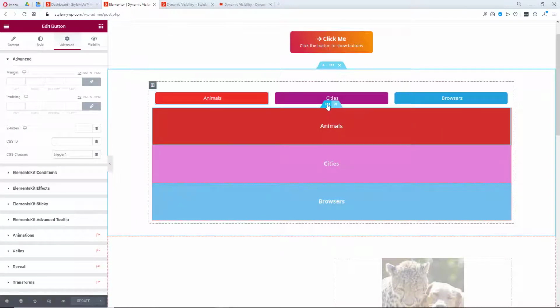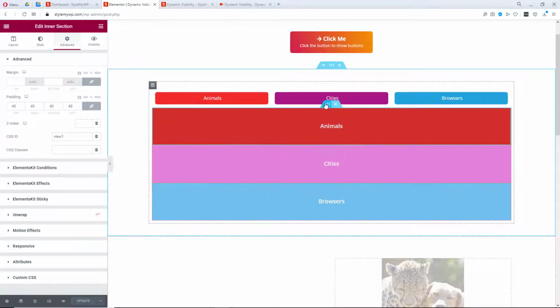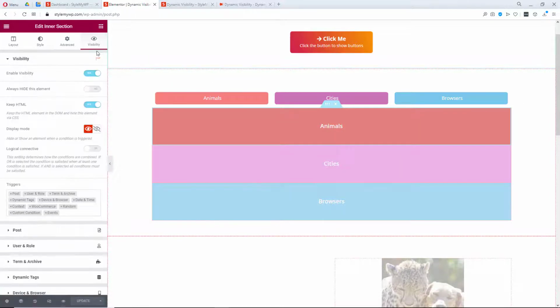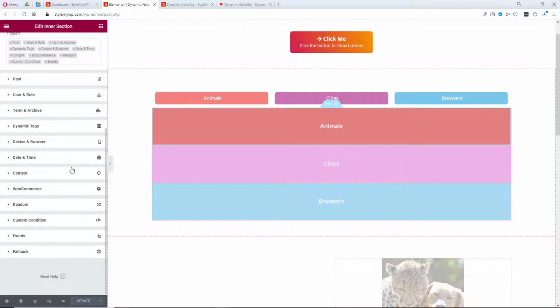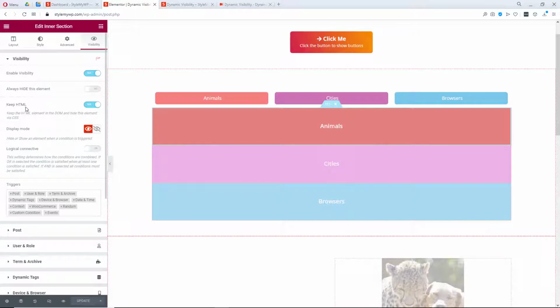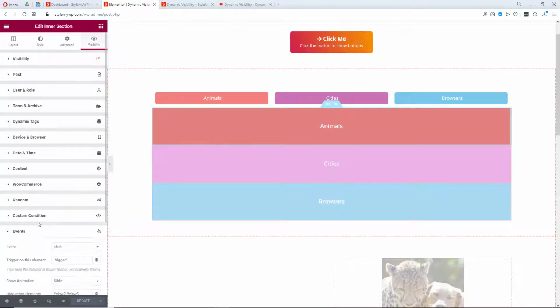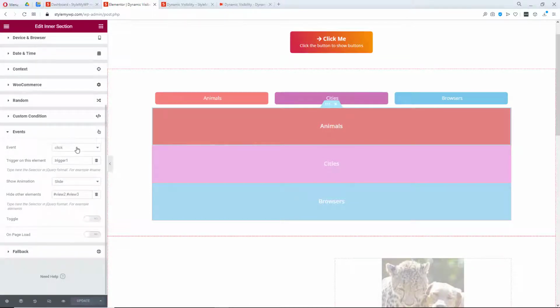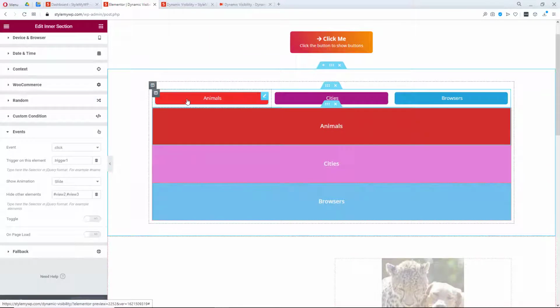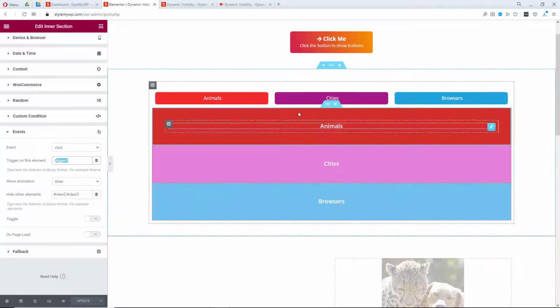So how to make it work? First of all, go to your section, click on visibility, go to events. Before you go to events, make sure this is enabled. Keep the visibility enabled and then keep it to HTML, go below to events trigger and choose the click event and use the ID or class of this button, which is trigger 1, trigger 2 and trigger 3.